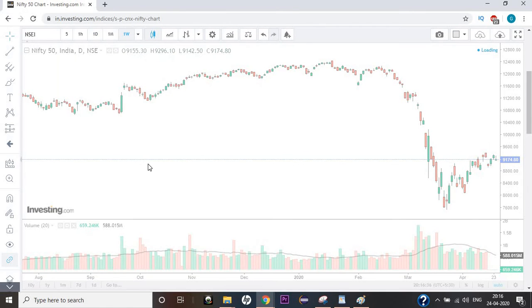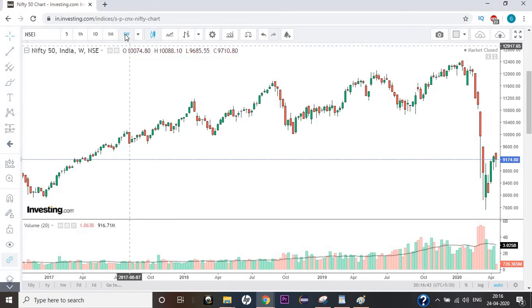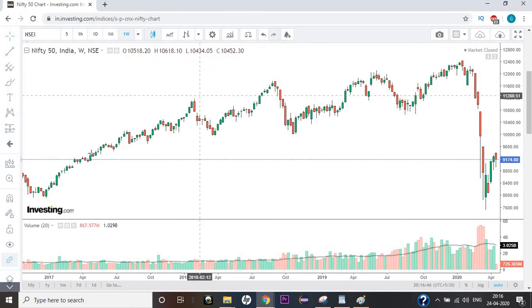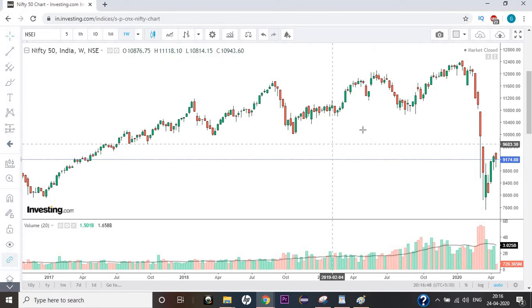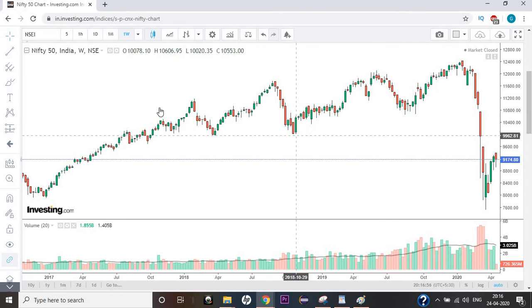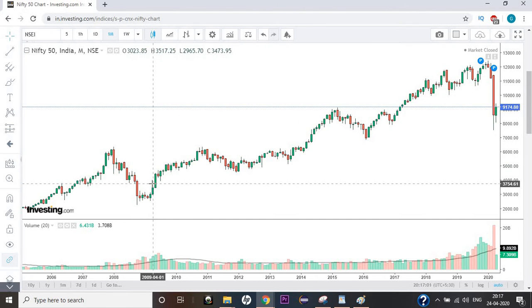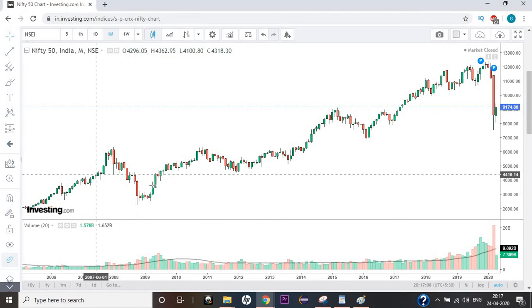Next, coming to 1 week, this is for people who are trying to invest for 3 months, 4 months, or 6 months, a short term. So you can go and select this 1 week and study the candlestick pattern and put the indicators. We are going to cover the technical indicators as well, how you can use them to increase your profits, in the upcoming videos. 1 month is for those who are going to hold this for a year or more, or maybe for 5 years or 10 years. Then for sure you want to look at 1 month candlestick patterns, right?